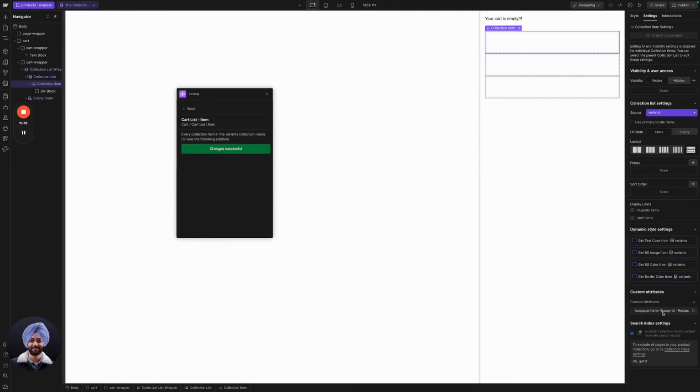Okay, and now it says replace with dynamic loop ID of the CMS item, right? So we will go here. So variant loop ID, that's what we want here. So now once that's done,